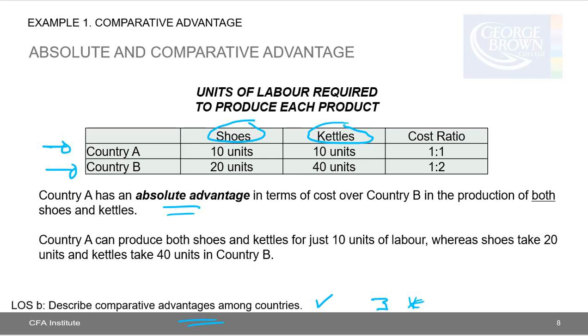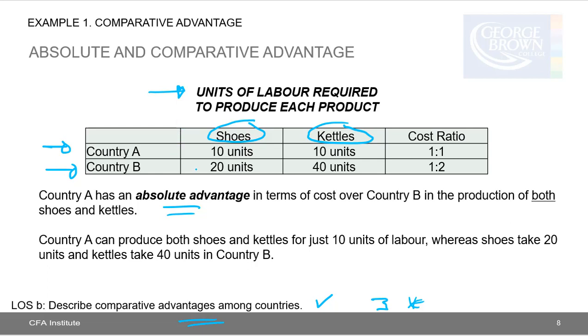Okay, and so what this chart is showing is the number of units of labor required to produce each product. So for simplicity, assume that making shoes and kettles takes the same amount of resources except for labor. Okay, so we can see that the difference is the units of labor. So the number of units of labor it takes in each country to make shoes and kettles is shown in